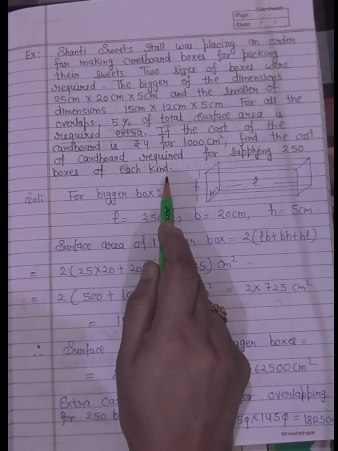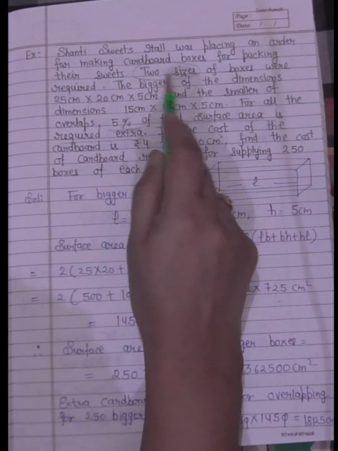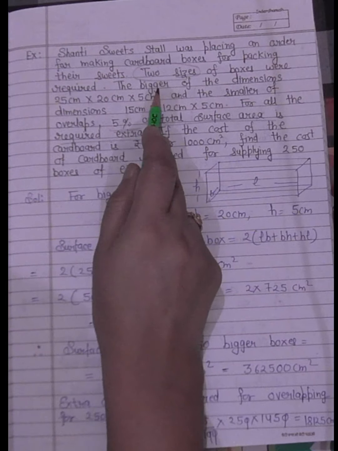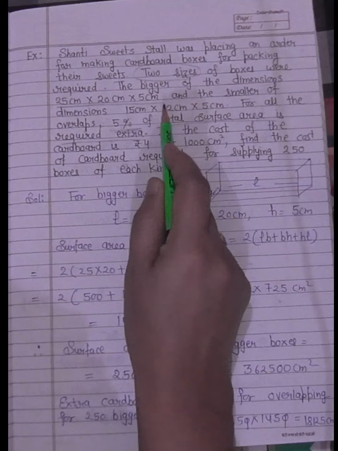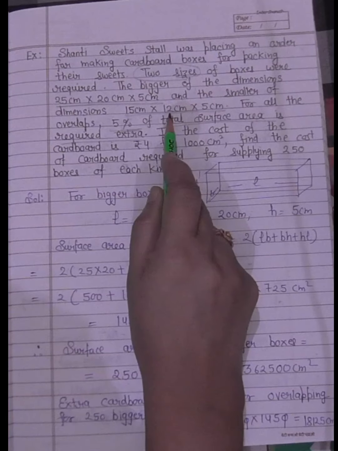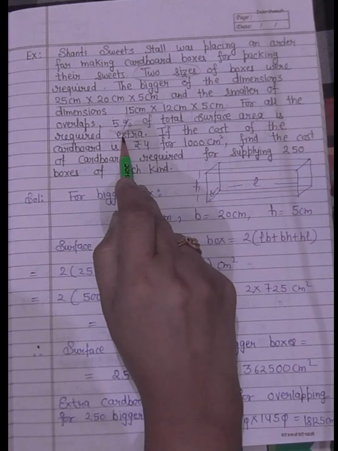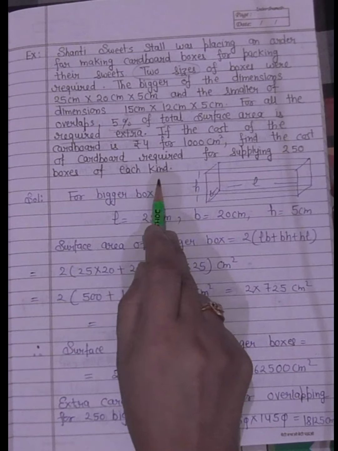Now see here, 2 types of boxes are required, 2 sizes. The bigger boxes dimensions are 25 into 20 into 5, and for the smaller it is 15 centimeter into 12 centimeter into 5 centimeter, and 5% of the total surface area is required extra here. So first of all, we will find the total cardboard required